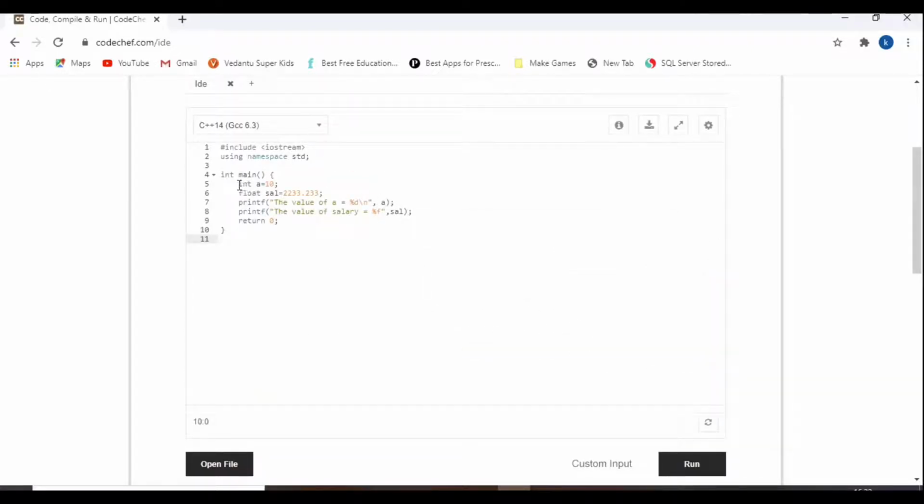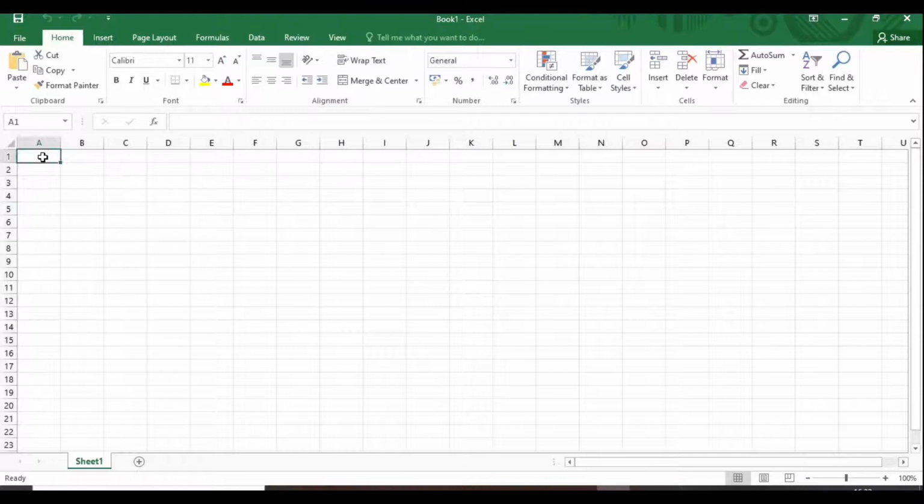The reason behind me telling you about variable declaration and value assigning is to make you understand before I go to the pointer concept. For you to understand, I will take you to an Excel sheet. Let's say this is the value of a, value of b. So whenever you take any variable, it consists of two locations.